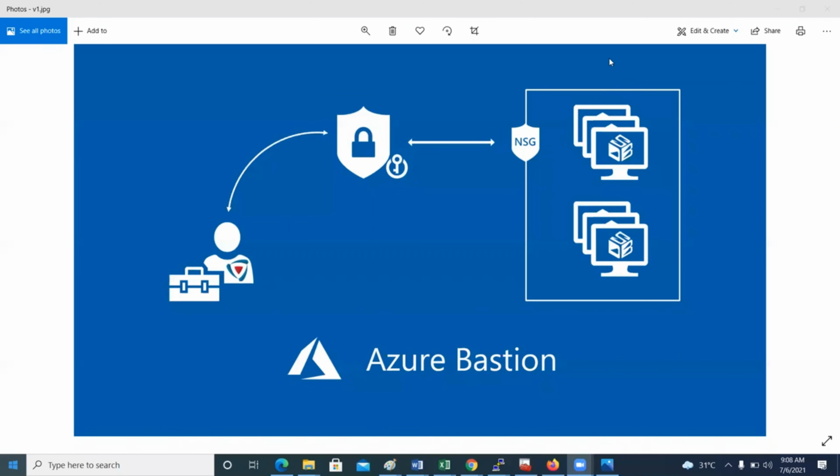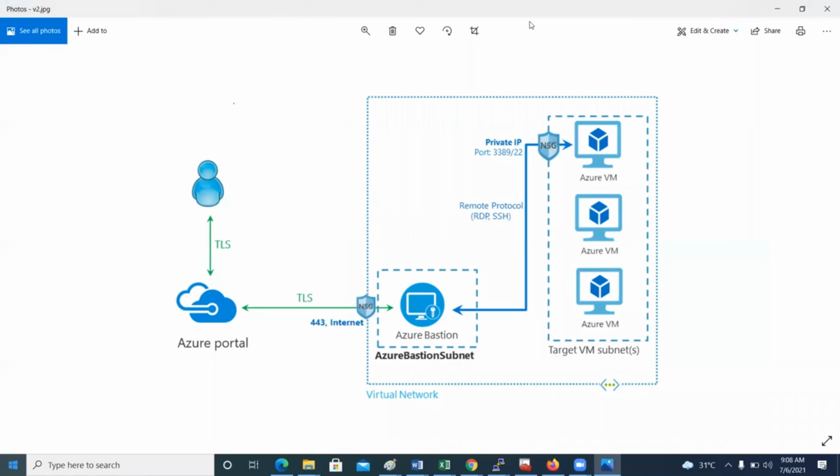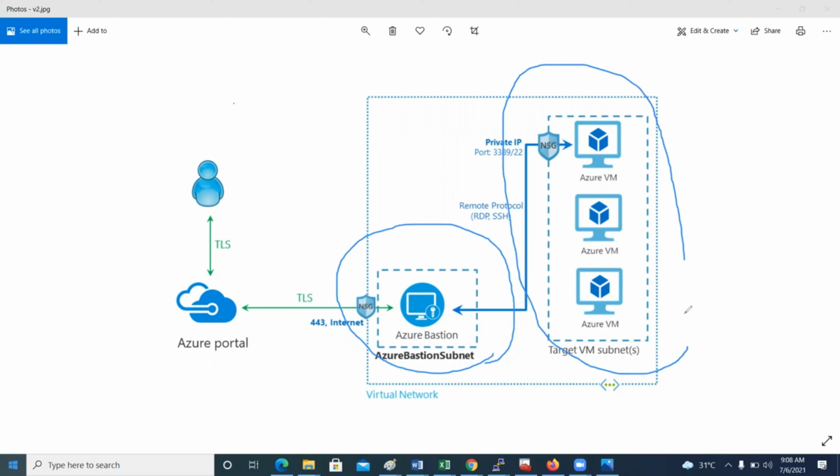And here you can see Azure Bastion will be completely facing the internet side of our cloud platform, and my virtual infrastructure will be completely hidden, not exposed on the internet. So the outside user is not directly connecting with this virtual infrastructure. Whenever this outside user makes a remote desktop session, this session will be completely handled by Azure Bastion.